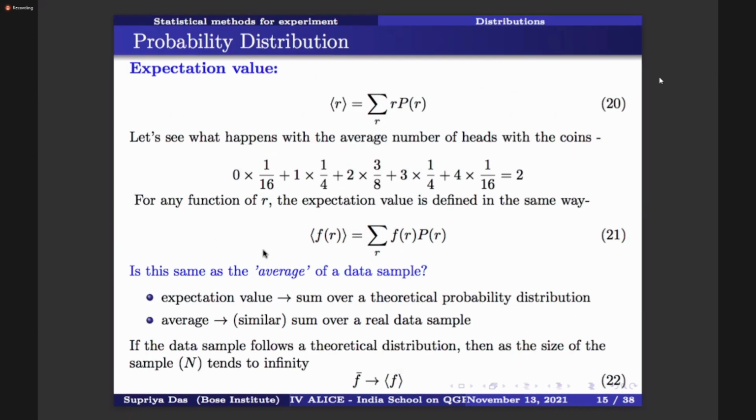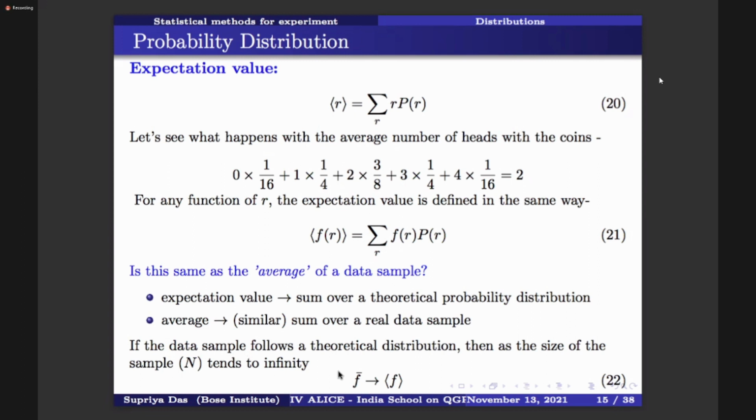If the data sample follows a theoretical distribution, then as the size of the sample tends to infinity, these two are coming closer. So if you have n number of samples, n number of data, where n tends to infinity, if you have a very large number of data, in that case, you can